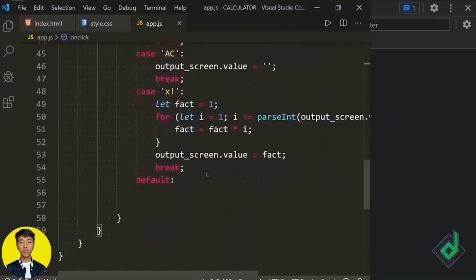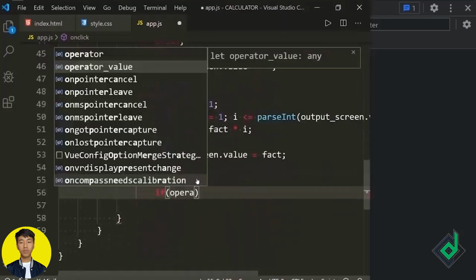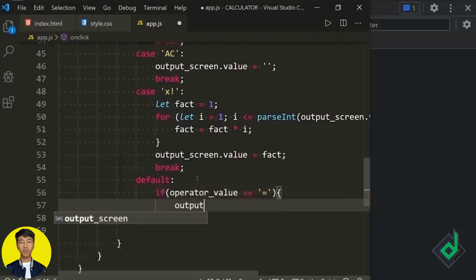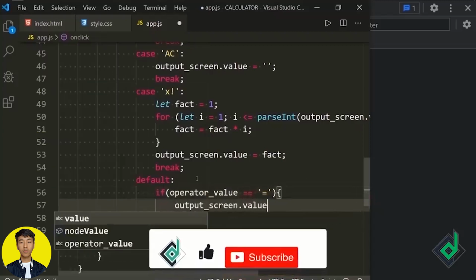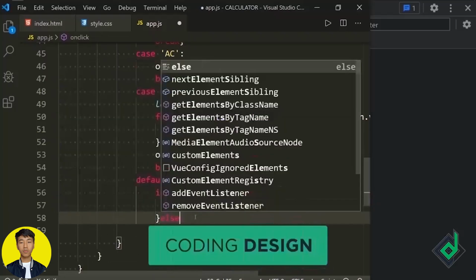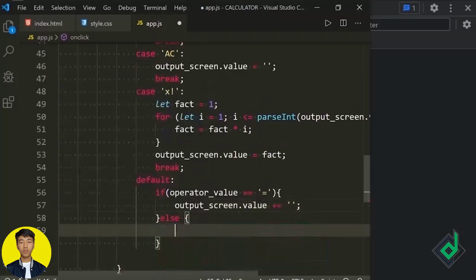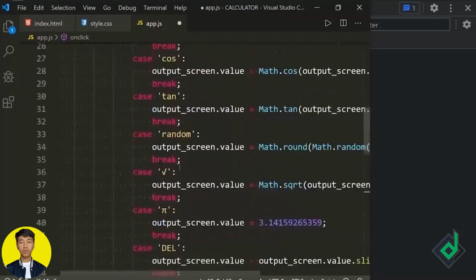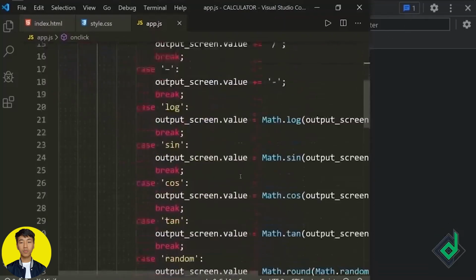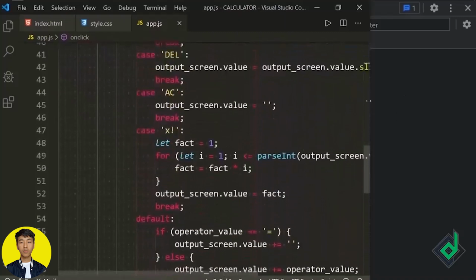So in order to prevent that, in the default case, I'm writing if operator value is equal to equals, then output screen dot value, we're appending the empty. So in the else part, I'm going to duplicate this code, and in the else part, I'm giving output screen dot value is equal to, I'm going to append operator's value. So let's remove that previous code. So I'm going to delete this code, and let's go back to the